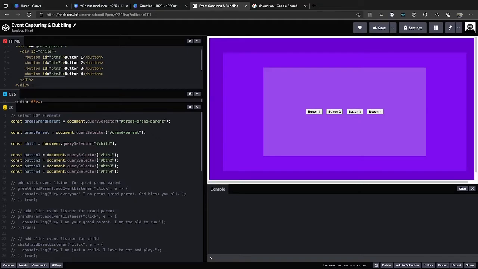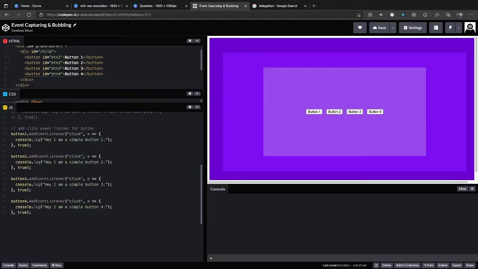One way is to select all those 4 buttons, which I did just using query selector, and then at the bottom just add the event listener to each and every button. So this is for button 1, this is for button 2, this is for button 3 and 4. I need to remove this fourth parameter so that this event listener can be registered in the bubbling phase.